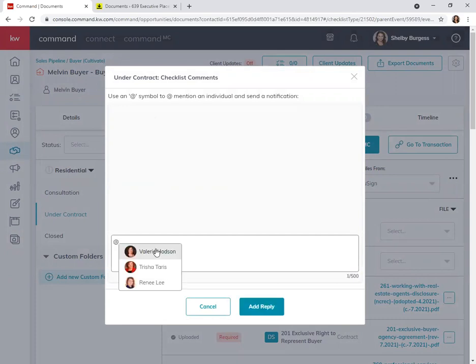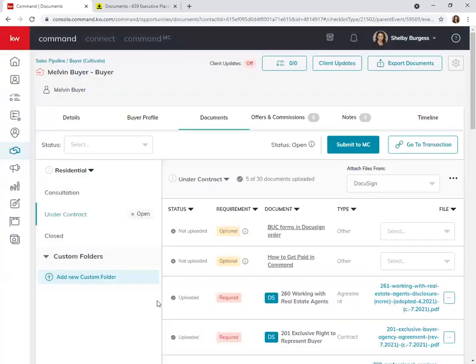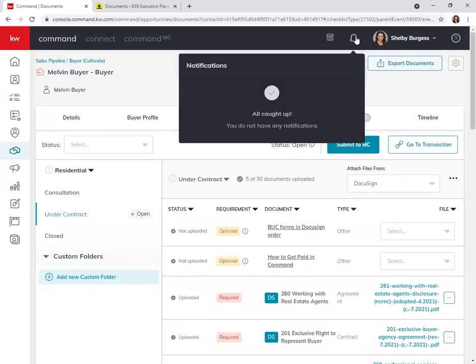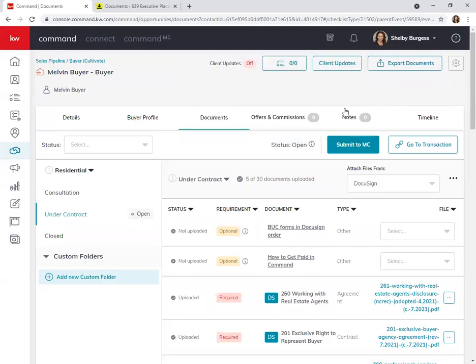So if I type the @, which is what you want to do every time, this message right here is really important, because if I wanted to message Renee and ask her, does this contract look okay? You can do this within here. But if I just start typing without it, it's not going to go to any of us. If you tag us, it's going to pop up as a notification in our bell, and we're going to know that we need to look at it. Otherwise, we're never going to see it unless we just stumble upon it and start randomly looking at things, which doesn't happen